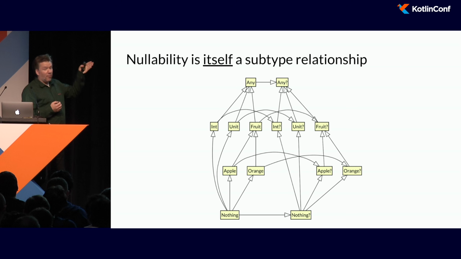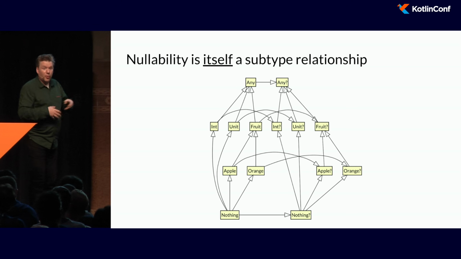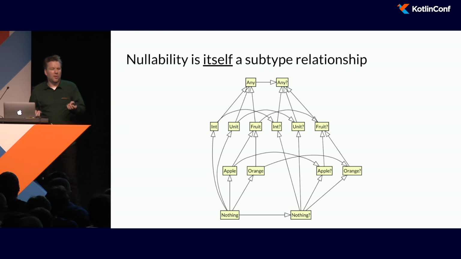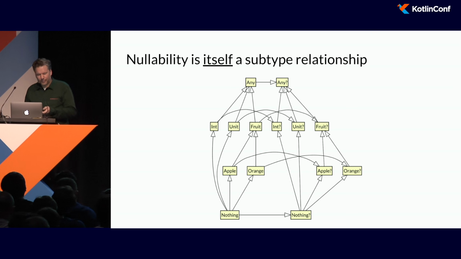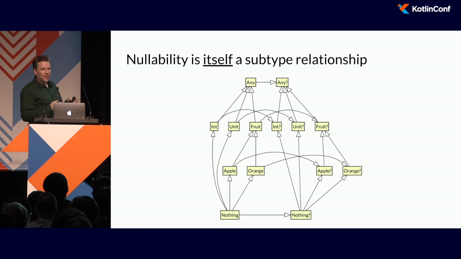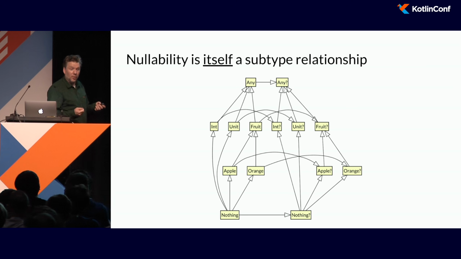However, again, these subtype relationships are not visible at runtime. If you're trying to reflect on these things, you're not going to be able to see them in reflection. Luckily, we don't need to use reflection very much in Kotlin. There are a couple of subtleties. You can't have an option of an option in this model.